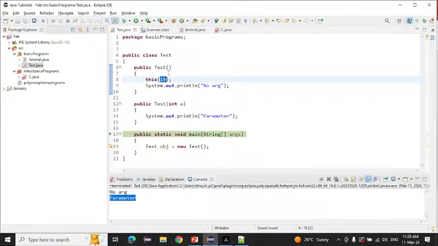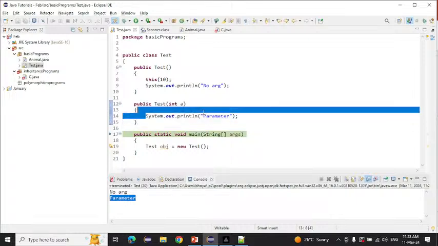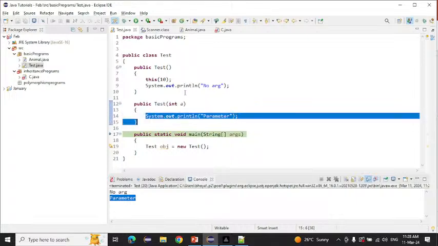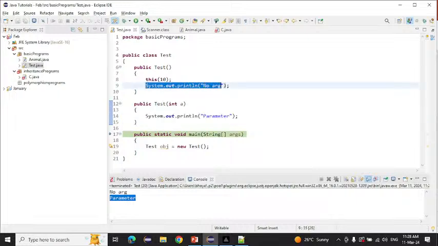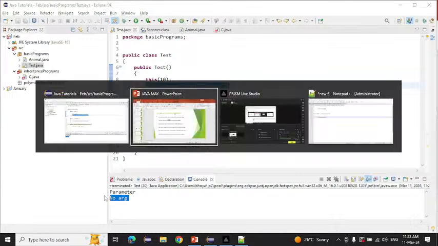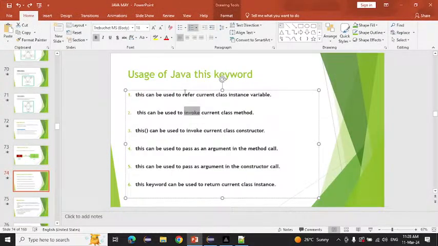So 10 is our argument, right? So it will find the constructor which has one integer type of parameter. So where is the constructor which has an integer type of parameter? Here is the constructor which has one integer type of parameter. So it will come here and it will print parameter on the console, and after that it will come back here and print no argument on the console. So if I run this, first it will print parameter, and another time it will print no argument on the console. Okay, this is another use of our this keyword, as this and the parenthesis can be used to invoke